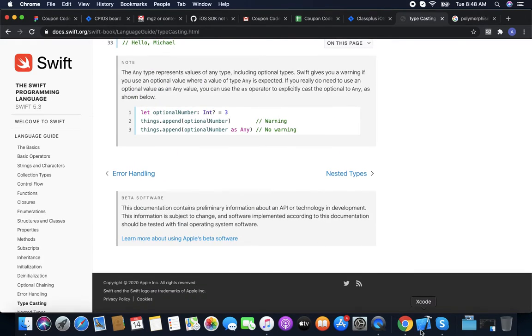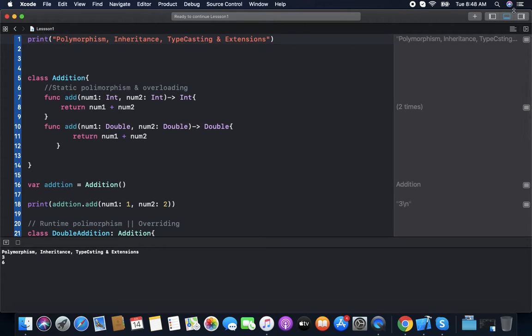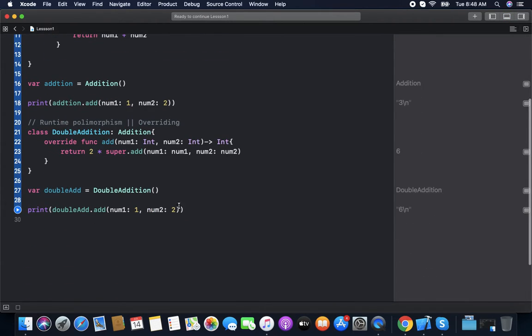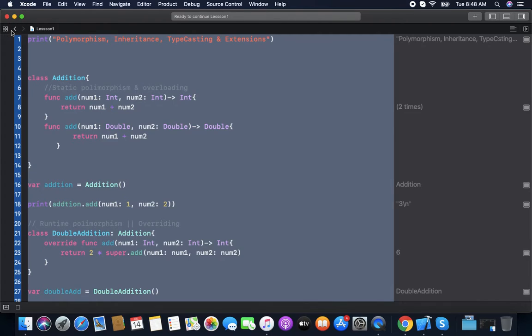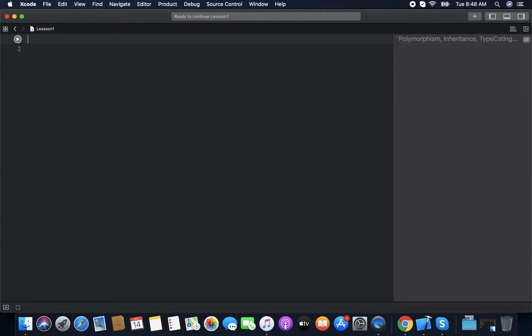Now we can see something in our code. Firstly, we go with an example of inheritance.